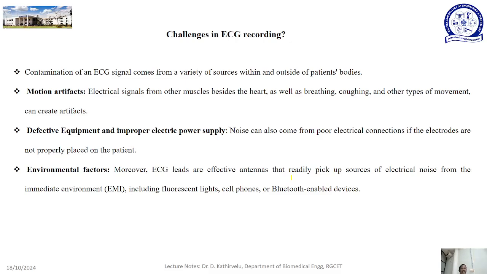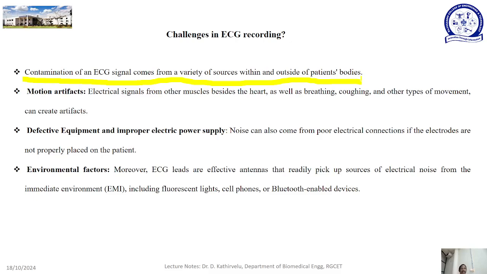What are the challenges in ECG recording? Contamination of ECG signals may happen from a variety of sources within and outside the patient's body. We know that ECG is of prime importance for diagnosing the pathology and the functioning of the heart. The purest form of the ECG wave may yield better diagnosis and a better treatment plan. If the ECG waveform is not accurate, it may lead to misdiagnosis and improper treatment, which can be potentially dangerous